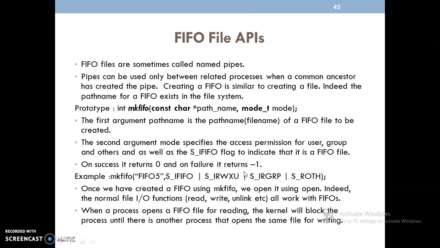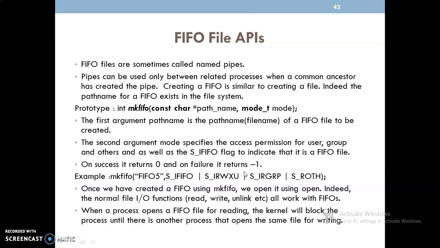On success it will return 0, and on failure it will return -1. For example, mkfifo with FIFO file, that is the name of the file. We are creating a FIFO file with read, write, execute permission for user, only read permission for group, and only read permission for others.